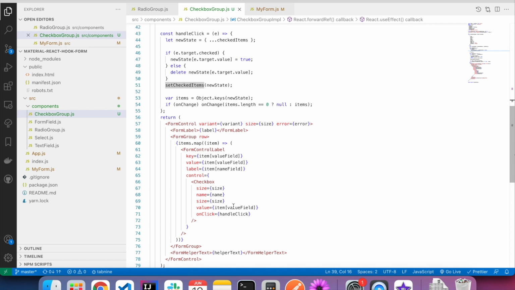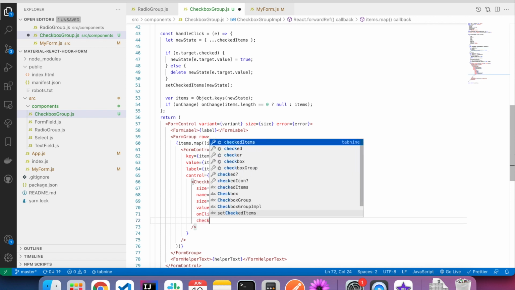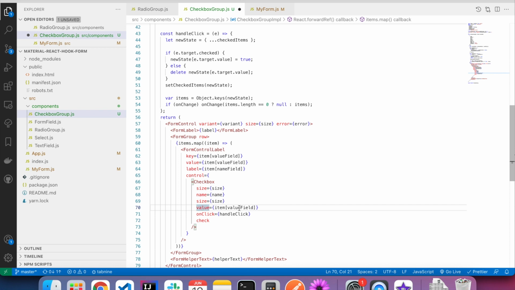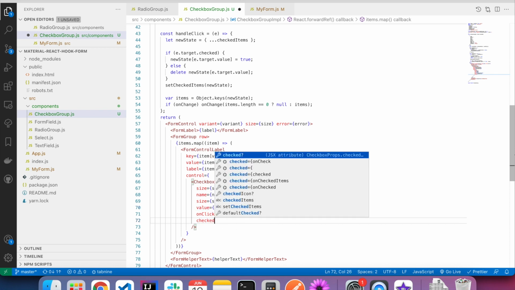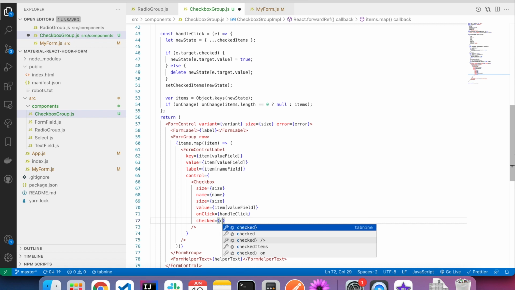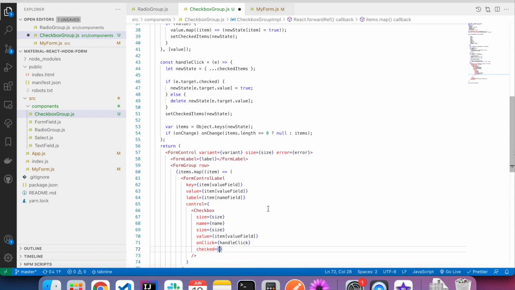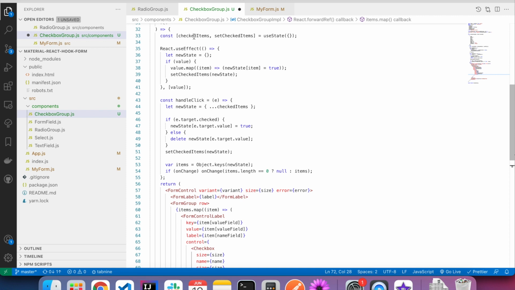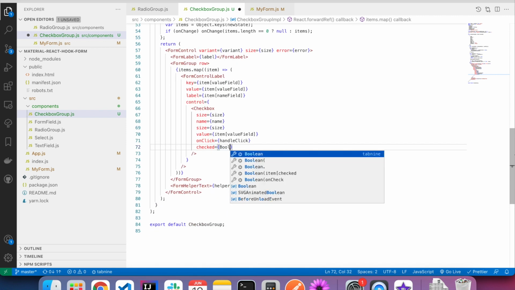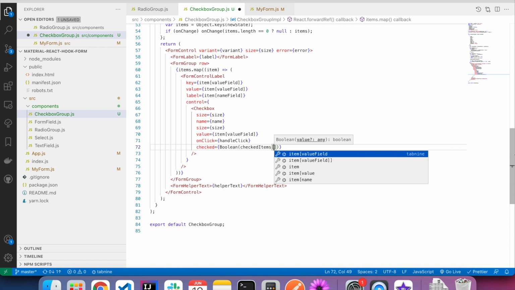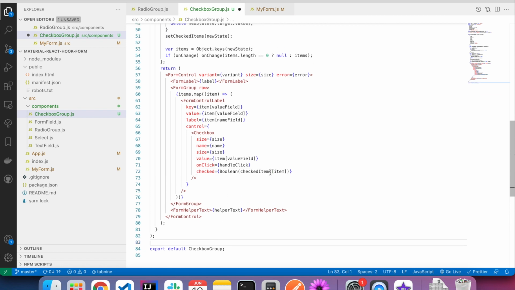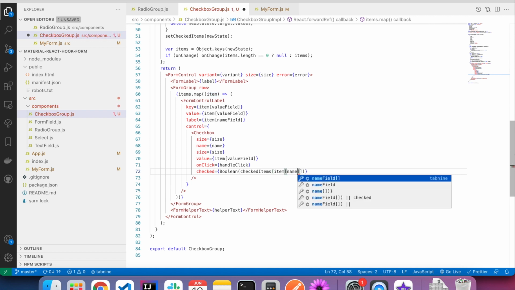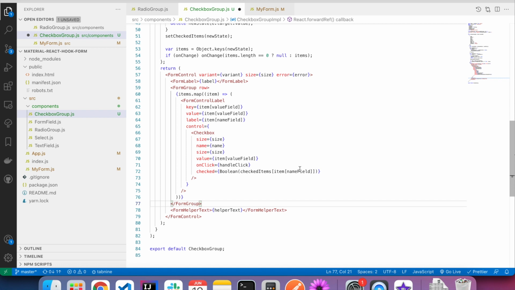And now for this checked, we need checked actually equal to this checked items. So boolean of checked items and item is the selected value.